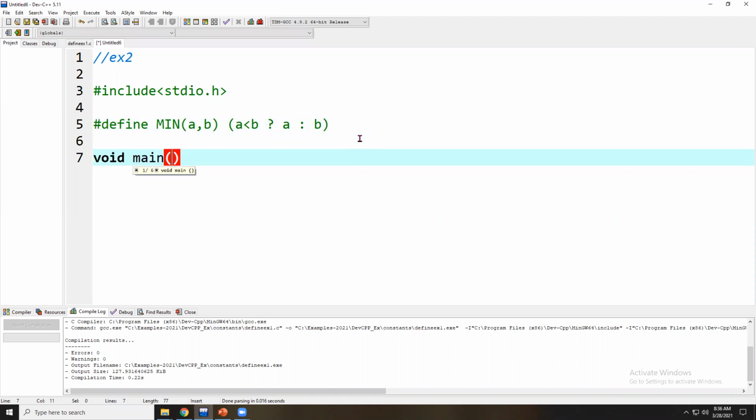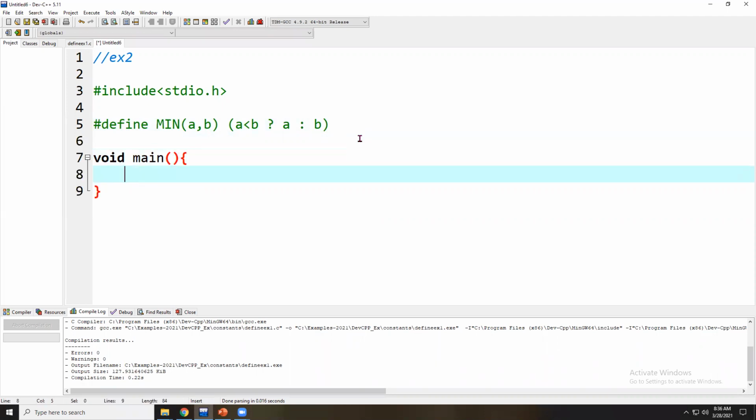See, before starting the main, the preprocessor is going to check this condition when you are passing the value, and that is going to be loaded and preprocessed. So now I try to print this value. I want to find the minimum value. printf: I am going to be finding the minimum value between